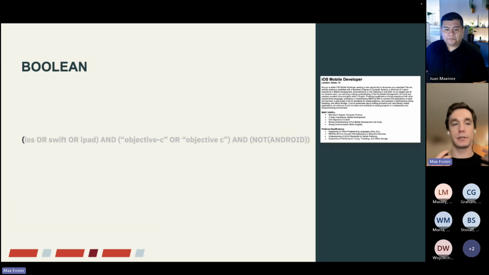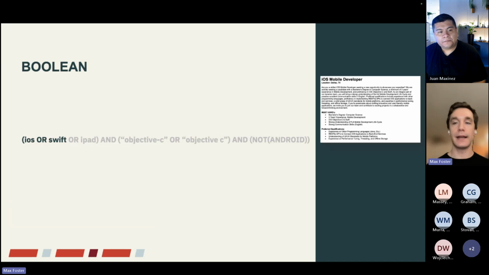So the first thing I'm going to do is always type in a left parentheses, and then I'm going to take a couple of those keywords that are really important, right? iOS and Swift were there first. Now, iOS is the operating system your iPhone works on, and Swift is the language you use to program that. So I'm just going to say iOS or Swift. That's really similar. If you've worked on iOS before and you're a software developer, you know Swift. So if you've got iOS in your profile, I want to look at you. If you've got Swift, great, you know how to write it. So I'm going to type in iOS space or space Swift.